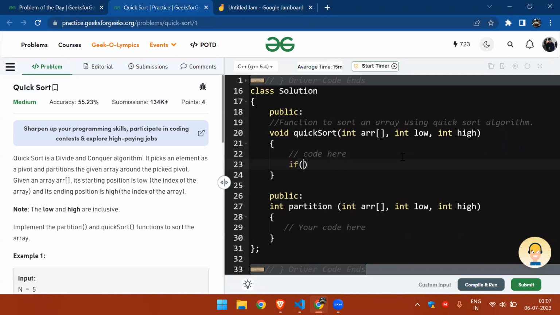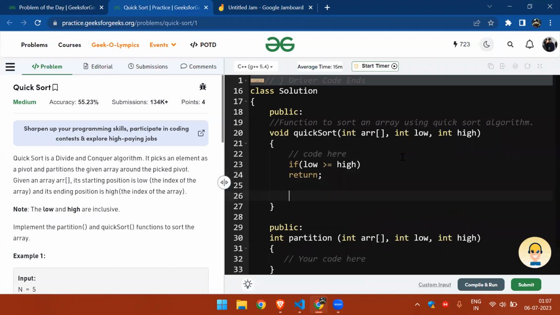Let us write the base case first. If our low is greater than or equal to our index high, then we will do nothing but return. And now we'll calculate the index by calling the partition function, in which we have passed our array, the low index and the high index. So the partition should be from low to